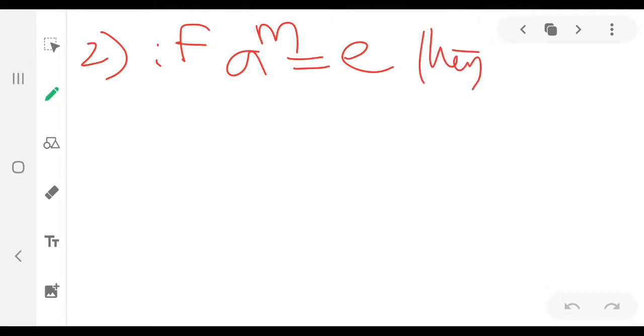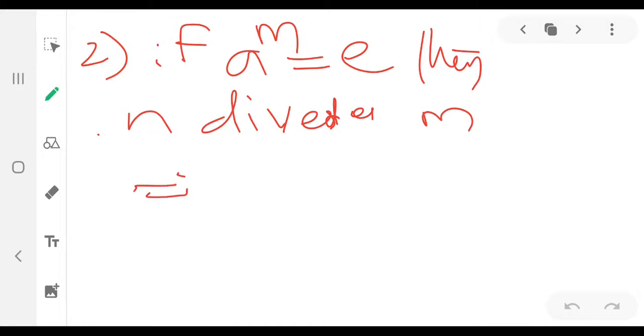Now we have to prove the second part. That is, what do we have to prove? This is the second condition: if a raised to n is equal to e, then n divides m. That means m is equal to n into q. This is what we need to prove. To prove this, we suppose a raised to m is equal to e,